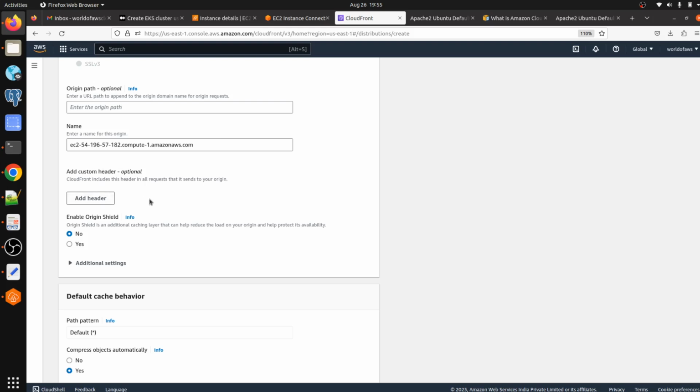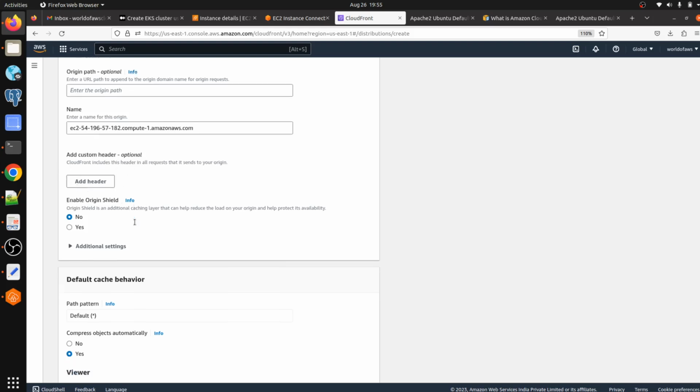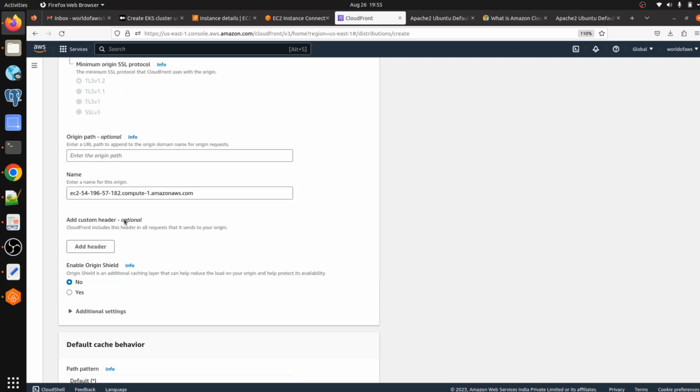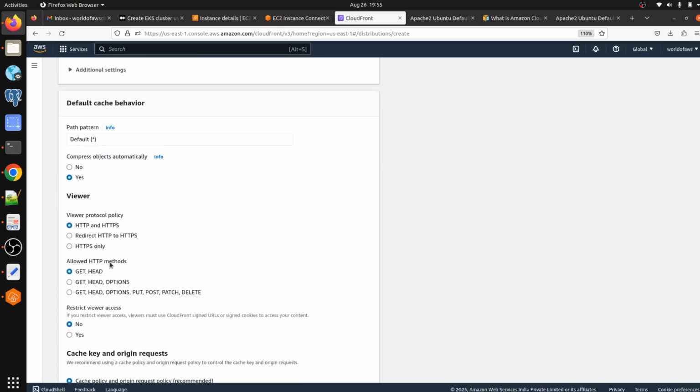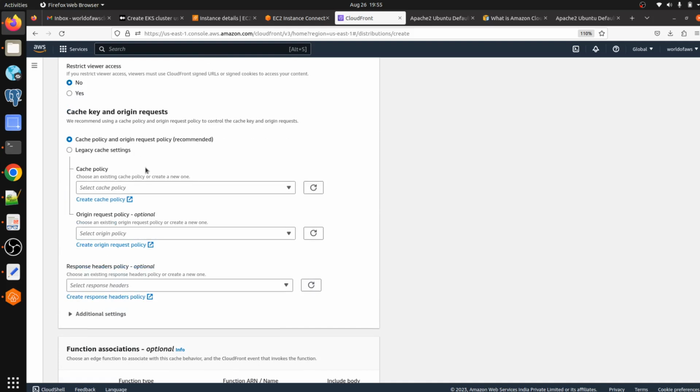You can add headers as well, like what kind of request should pass. If the headers don't match, then it will directly stop the request.